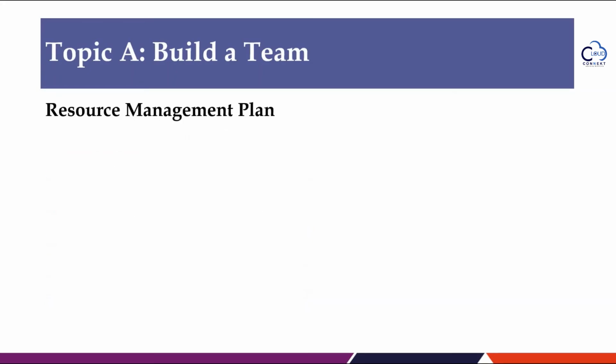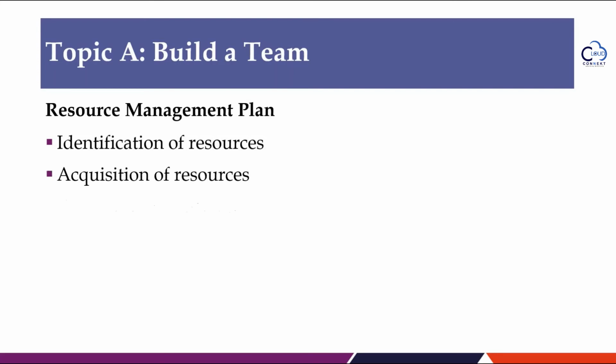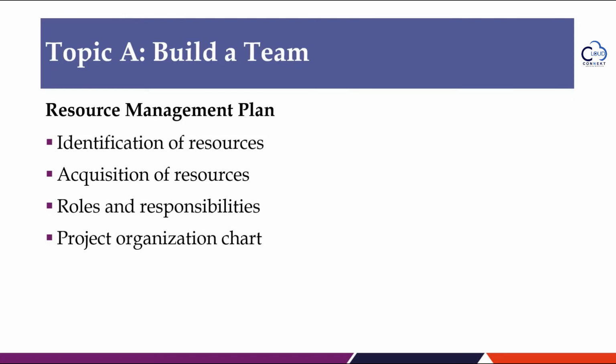Part of your project team's resource management plan will include a resource schedule. The resource management plan is a component of the project management plan that describes how project resources are acquired, allocated, monitored, and controlled. The resource management plan might encompass the following: identification of resources, acquisition of resources, roles and responsibilities, project organization chart which defines the project team members and their reporting relationships,